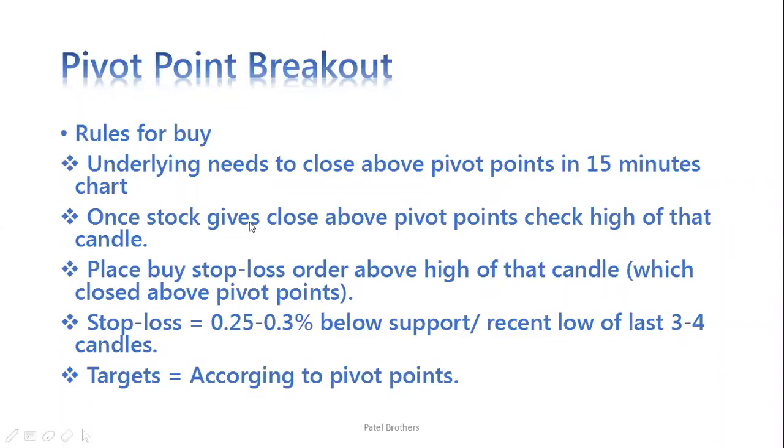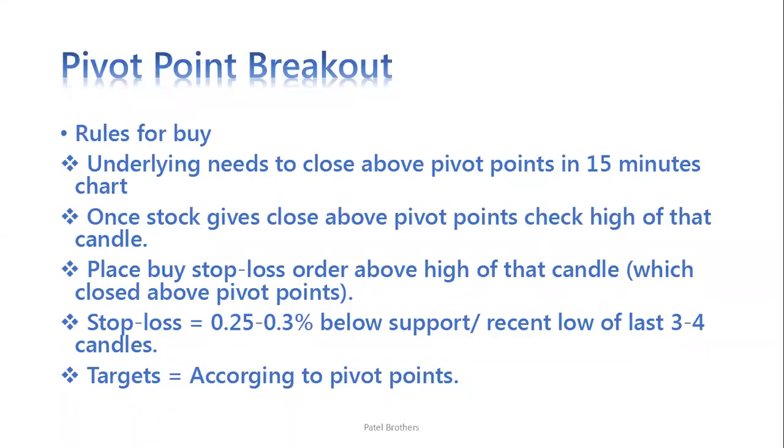Once the stock is closing above the pivot point in a 15-minute chart, what we have to do is check the high of that candle and place a buy stop loss order above the high of that candle. Simple, very simple. Once the candle is closing above the pivot point, we will be placing a buy order above that candle's high. That much of a simple strategy it is. There is nothing else you have to put your mind into. If it is crossing a resistance and closing above the resistance, we will be buying